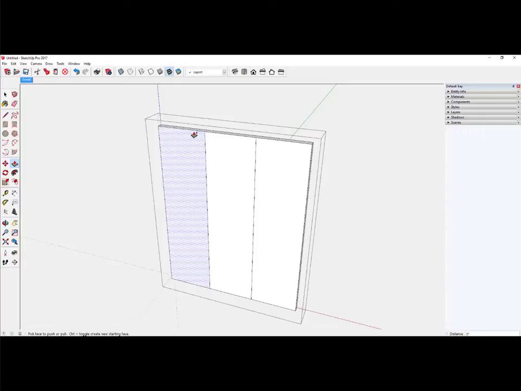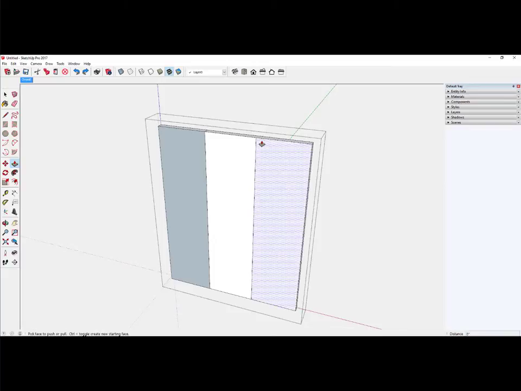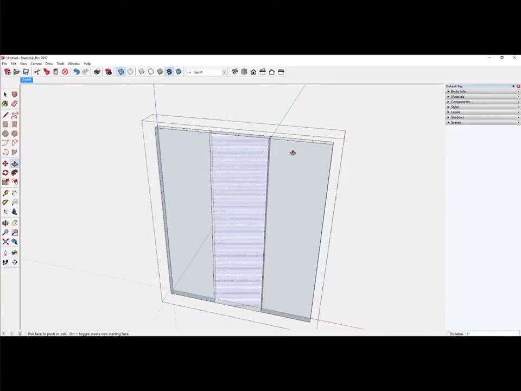And the other thing I'll do is use the control key and push-pull that face back, giving then the edges that I need in the back. Now I've got three equal sized pieces here,